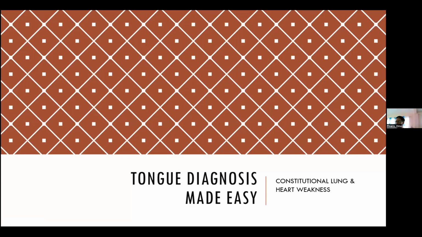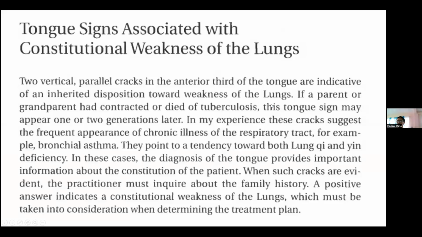Now we go to the constitutional lung and heart weakness. Tongue signs associated with constitutional weakness of the lungs. Two vertical parallel cracks in the anterior third of the tongue are indicative of an inherited disposition towards weakness of the lungs. If a parent or a grandparent had contracted or died of tuberculosis, these tongue signs may appear 1